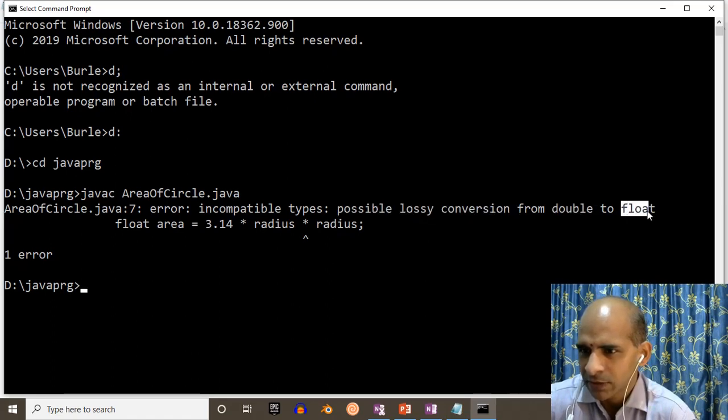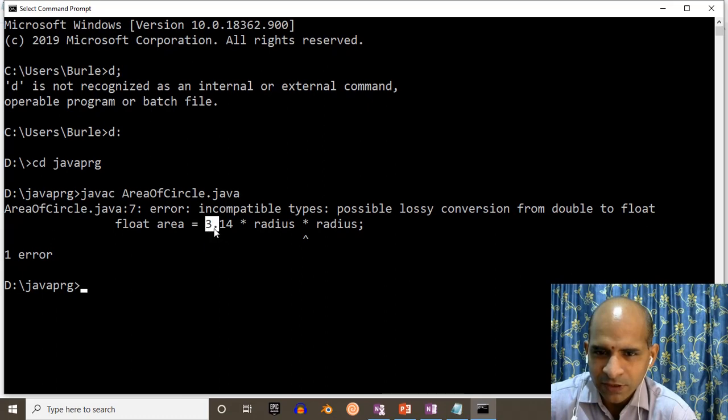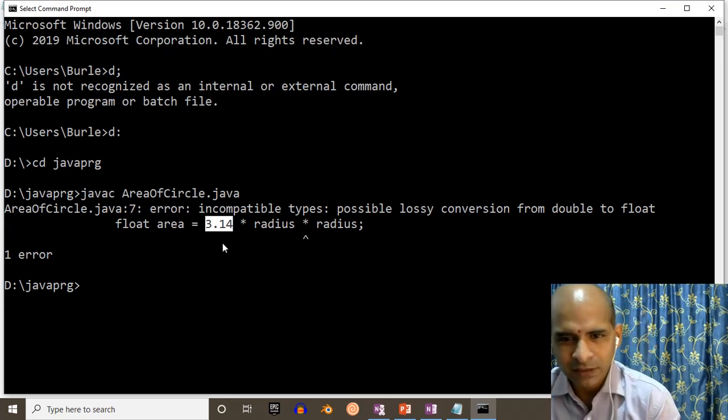If you want to accept any point value like 3.14 or 2.13, all these values are indicated as either a float value or a double value. If you write any value as 3.14, it is always indicated as a double value. Remember, it is always a double value. Double has a higher capacity to store a number, more than the float range. Whatever range float has, double has a range more than that.